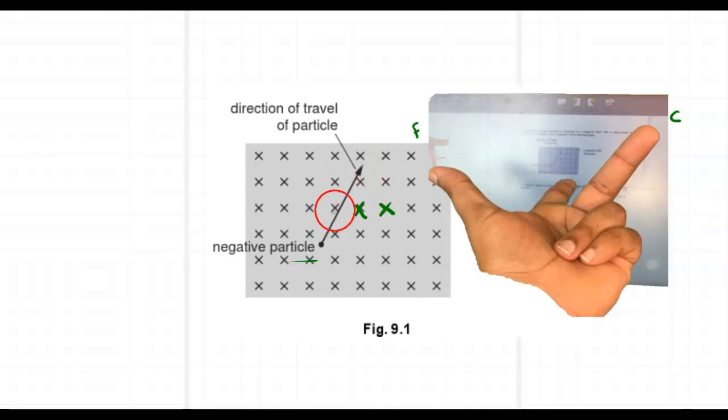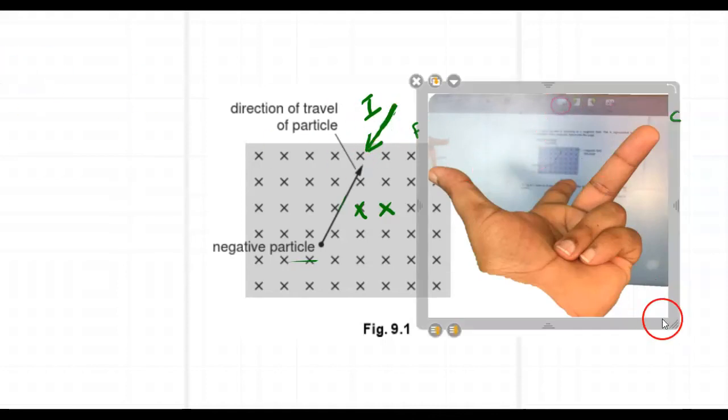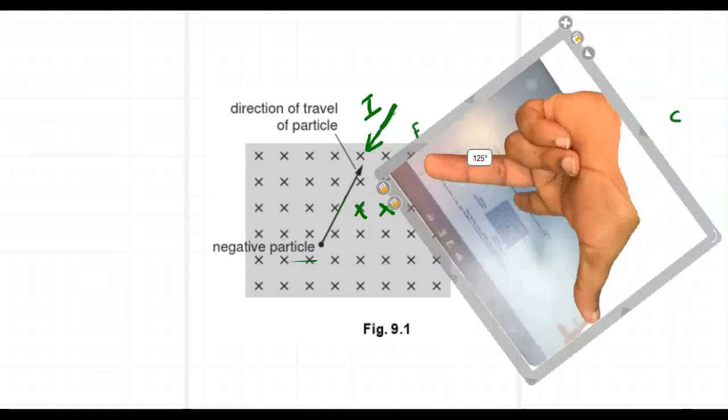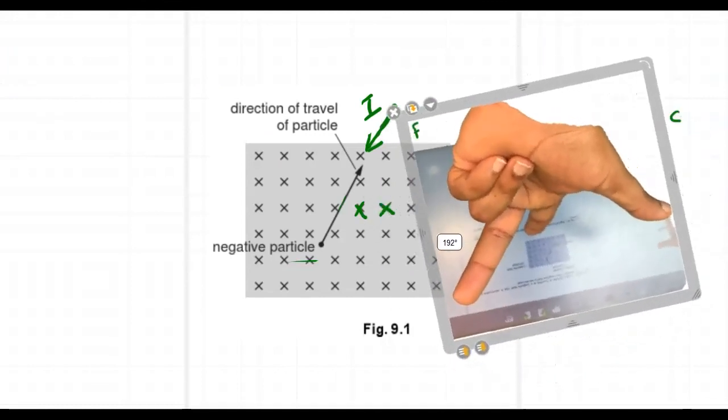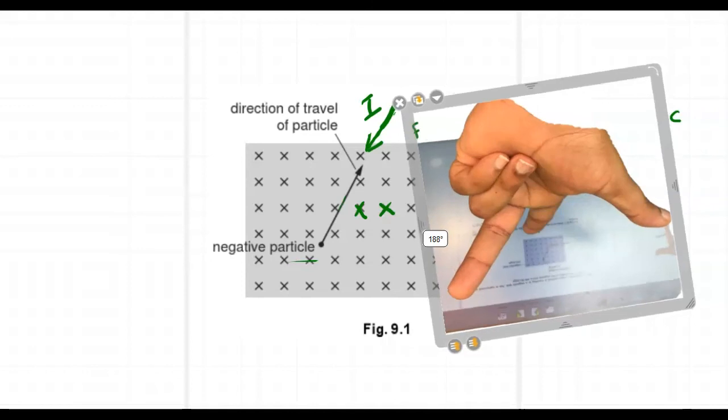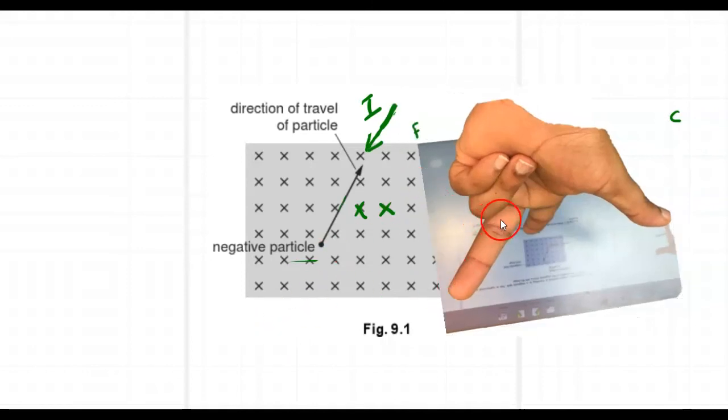Now here is the trick. It is a negative particle, an electron, moving in this direction, so the direction of current is supposed to be in the opposite direction. So you have to align your middle finger to the direction opposite to the electron direction, the negative particle direction. What you can do here is just flip a finger in this way. Now the direction of current is aligned.